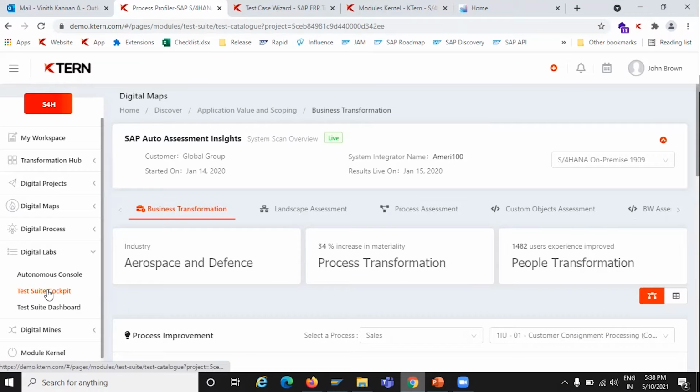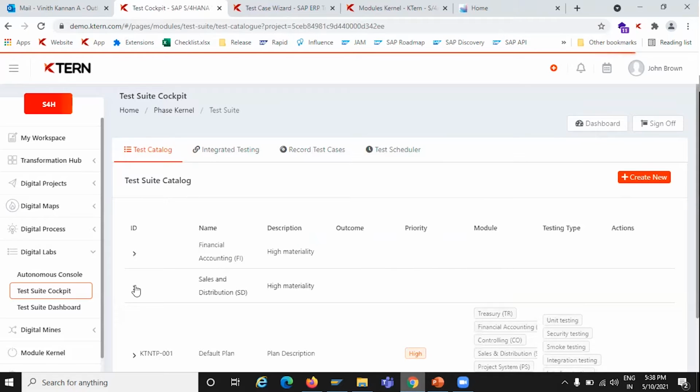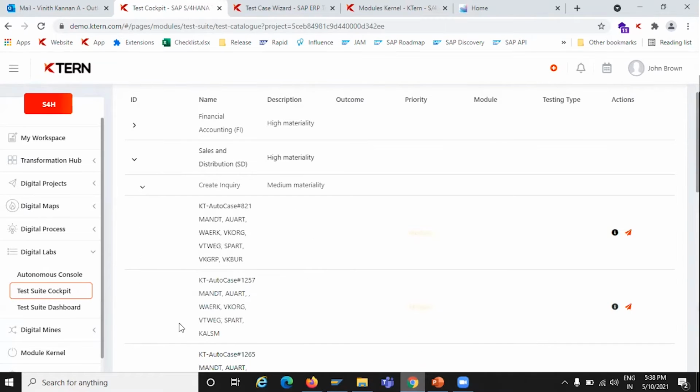So coming back to the Digital Labs test suite cockpit, we were talking about the automated test case recommendations. I can show you one of the test case runs where Kden has scanned the respective SAP system and come up with the automated test case generations automatically. This is one such test result where Kden has scanned the SAP system and come up with a complete